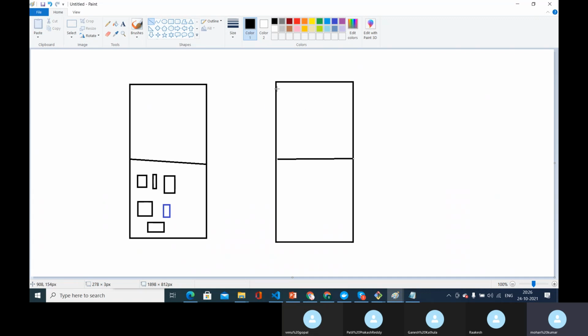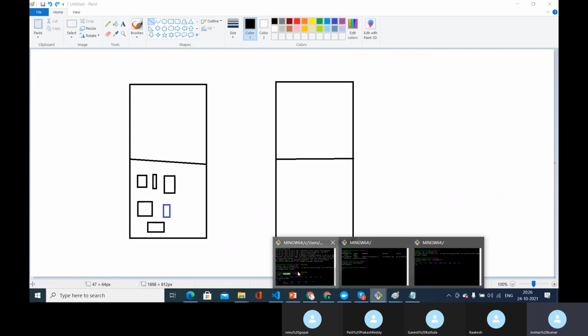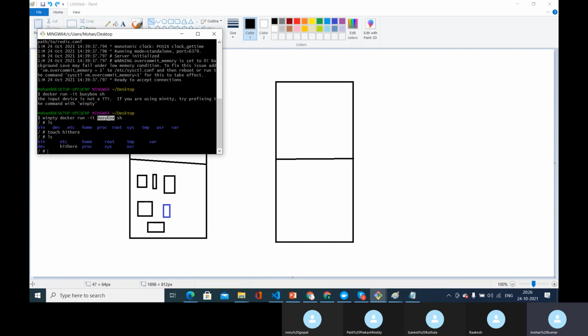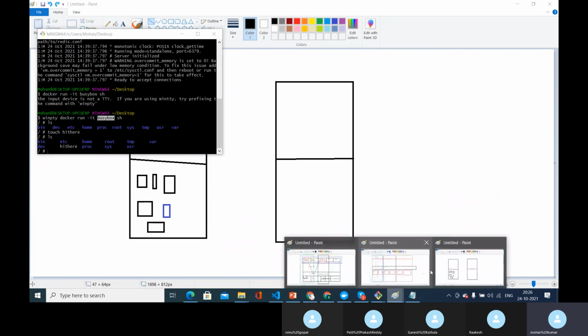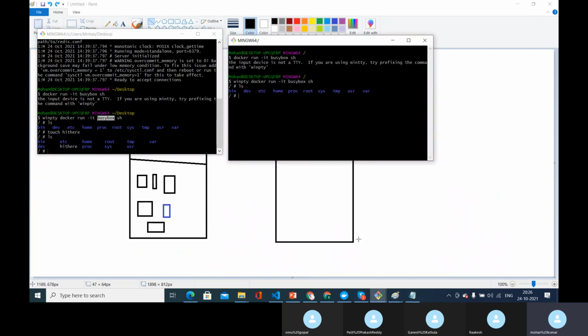Whenever you say docker run, it will create a separate container. It will not rely on the existing containers. So on this container, by default, whatever files are mentioned in the image busybox, only those files will be present. So whenever you run docker run, it creates a container, and that container will be a separate resource or a separate machine. It will not have any dependency on the previous docker container that you have run.